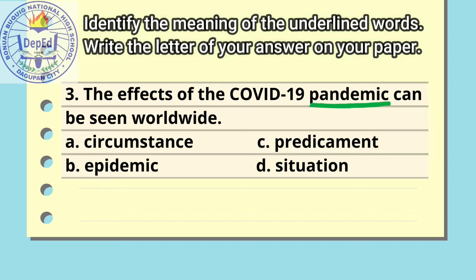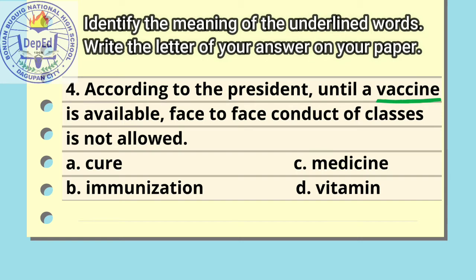Here are your choices. A. Circumstance, B. Epidemic, C. Predicament, D. Situation. Number 4. According to the President, until a vaccine is available, face-to-face conduct of classes is not allowed. The underlined word is vaccine. Here are your choices. A. Cure, B. Immunization, C. Medicine,